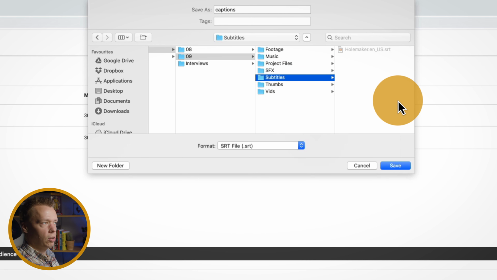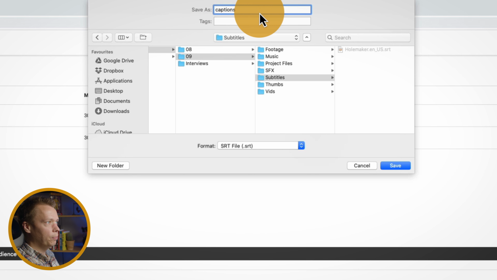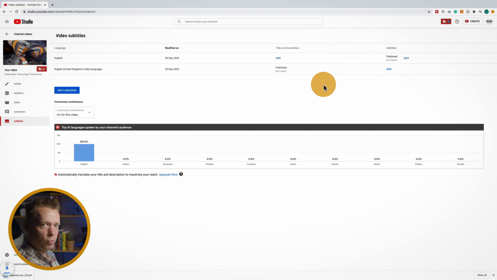So I've actually got a subtitles folder. And then you want to name your subtitles file, and then you need to add a couple of extra bits. So you want to put .en_us, save it, and now that subtitle file you can upload to LinkedIn and you can upload to Facebook, and it will add the subtitles on the bottom of your video, which is really handy.